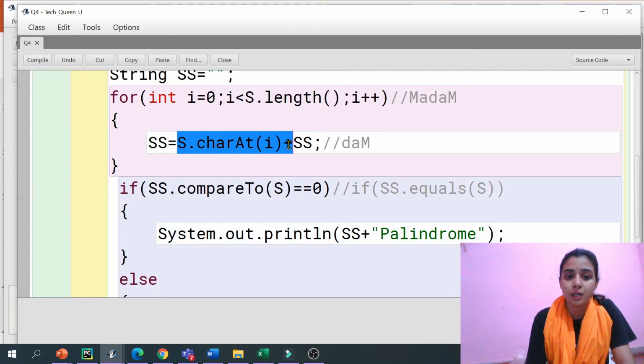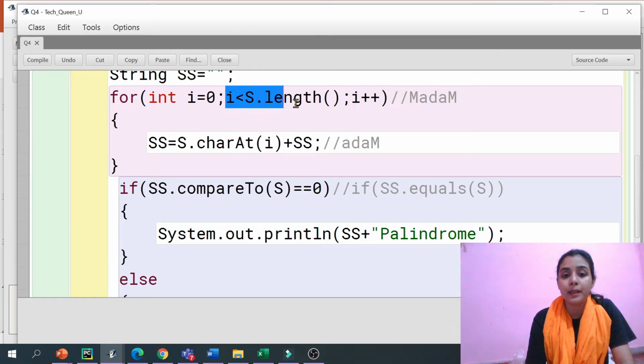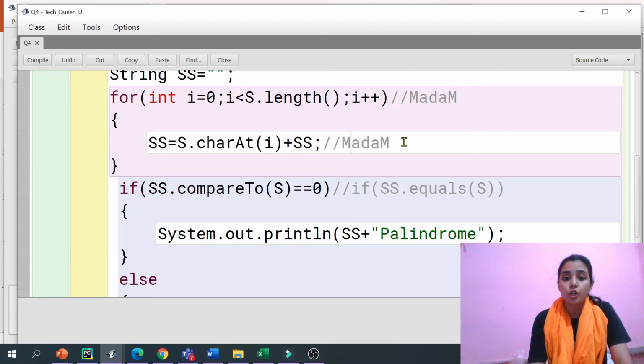On index 3 there is A, and we have added that also. i++, i's value will be 4, the condition is true again, and s.charAt gives the last M, and we have added it too. So this is the string which is inside ss.